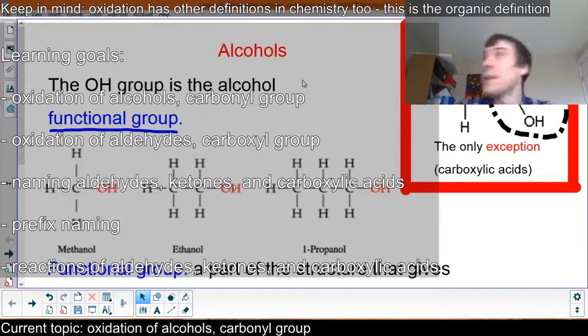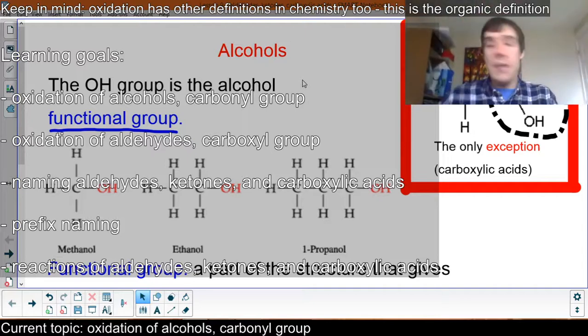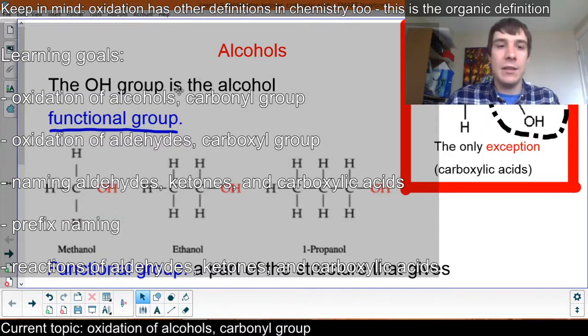All right, grade 12 chemistry. Let's learn more about alcohols. We talked about alcohols in the previous video, but now we're going to learn about more reactions with alcohols. Alcohols do a lot of different reactions. Here we're going to specifically talk about their oxidation, the oxidation of the alcohol group,